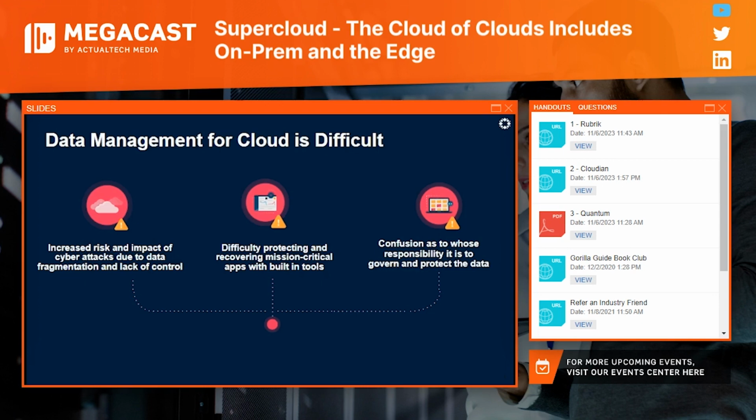Your data is fragmented. You potentially have a significant lack of control and understanding of even what's available in the various parts of your organization. Understanding what sensitive data is being protected and how it's accessible becomes extremely difficult. And of course, it's very difficult to keep track of all those tools. Going back to that diagram I just showed, using the native tools is a good idea, at least in theory, but understanding and managing all those tools across all those various environments is very, very difficult.